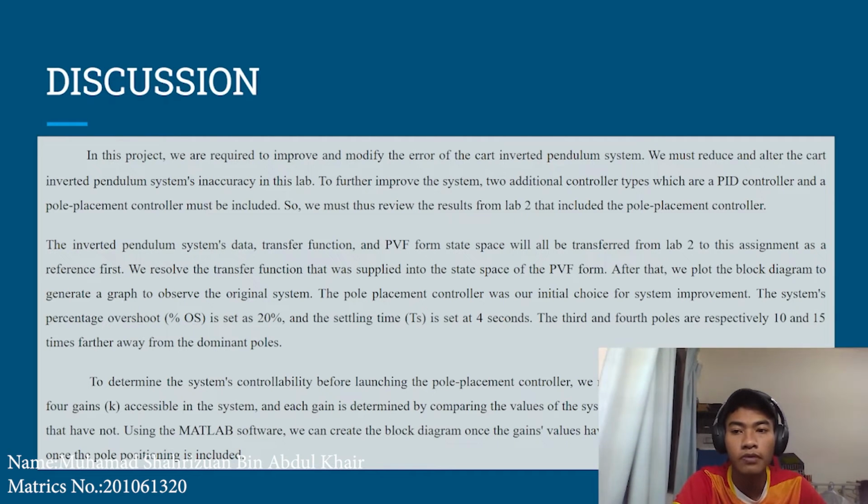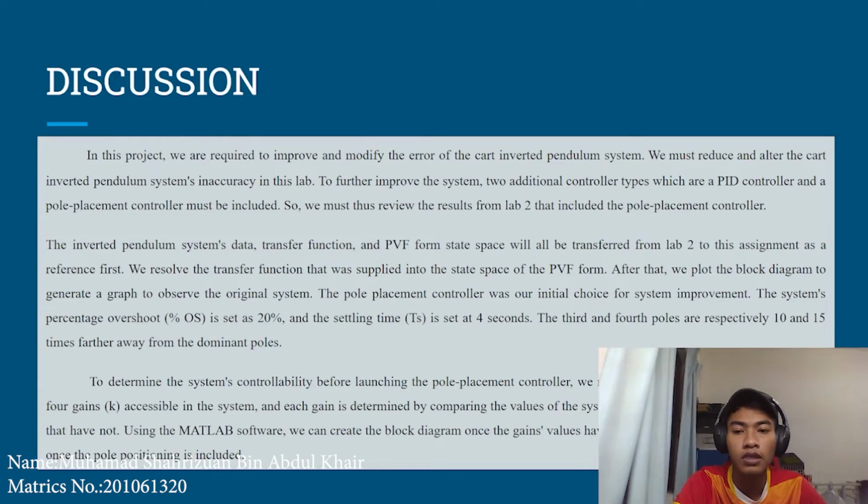The pole placement controller was our initial choice for our system improvement. The system's percentage overshoot is set at 20% and the settling time Ts is set at 4 seconds. The third and fourth poles are respectively 10 and 15 times further away from the dominant poles. To determine the system controllability before launching the pole placement controller, we must use the PVF form state space. There are 4 gains